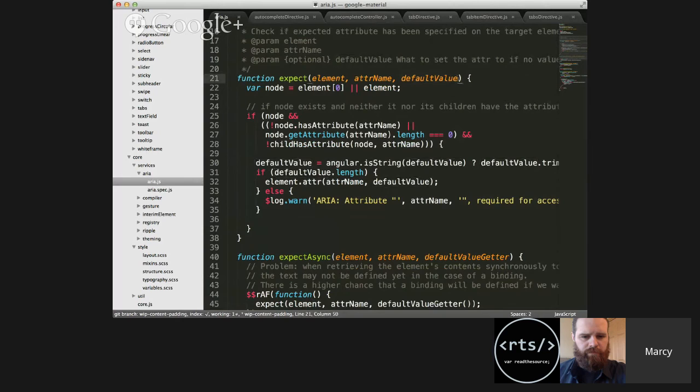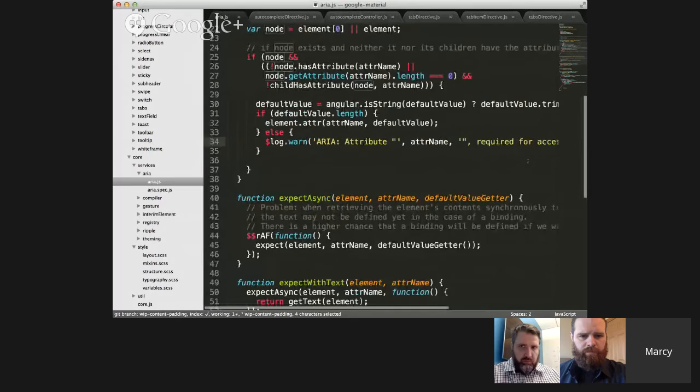Okay, cool. So I was talking about how we check whether we should actually console log that you forgot a label. What this code does is it checks for the attribute. If you didn't supply it, then we check the child elements, and if none of those have text or an Aria label, and if we as framework developers know what the fallback text could be, then we try to inject that. If we've already tried two or three things and there's still nothing we can use to label it,